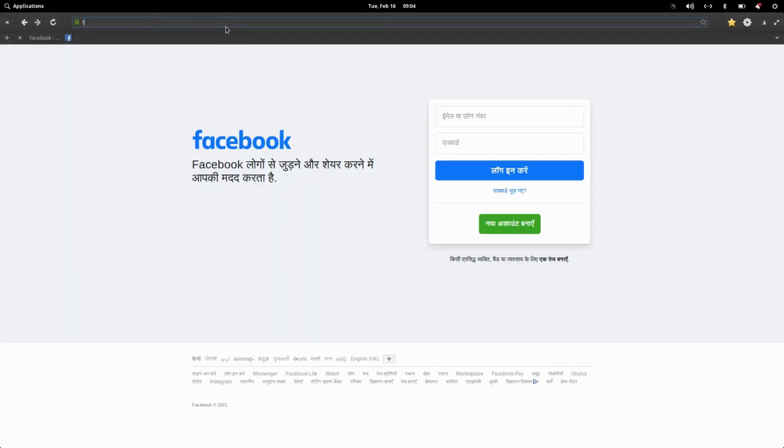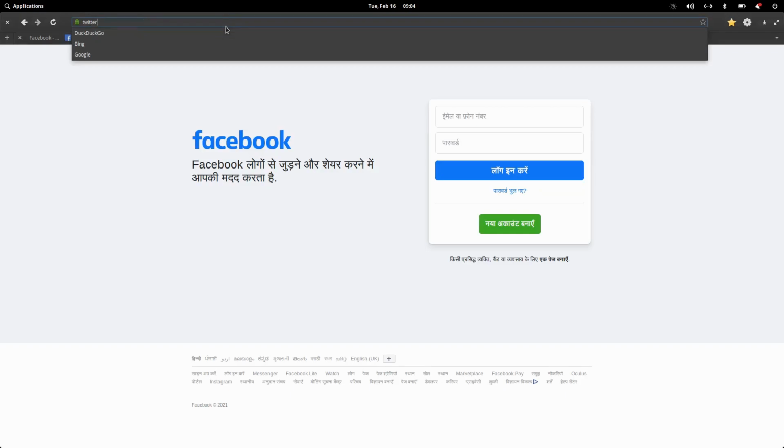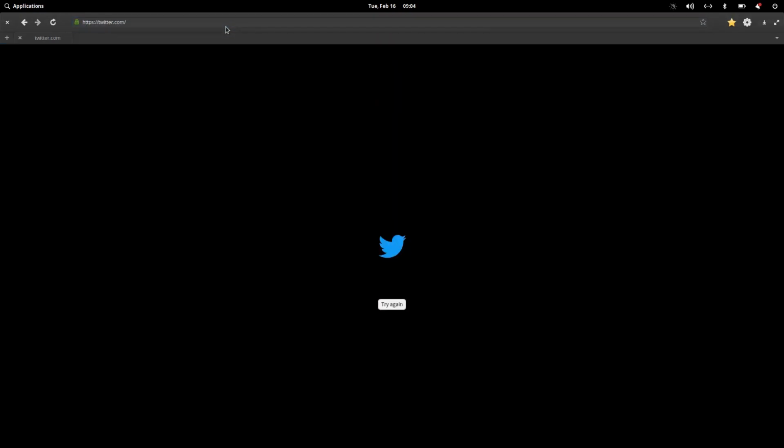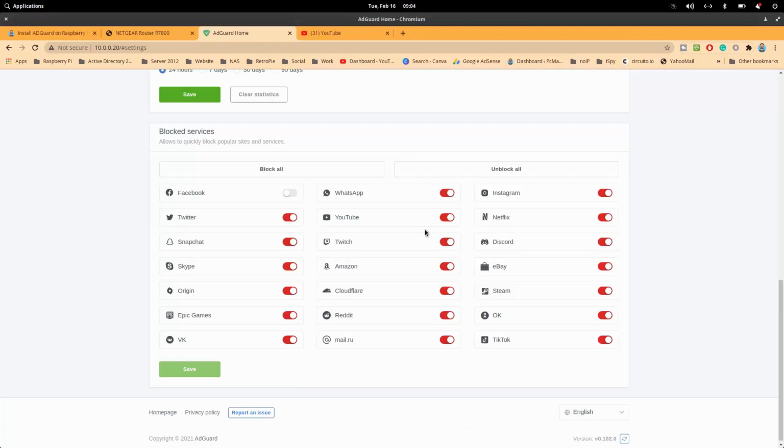Let's try Twitter as well. You can see it's also blocked. So by using this simple Block All service, you can block every social media platform right from here.